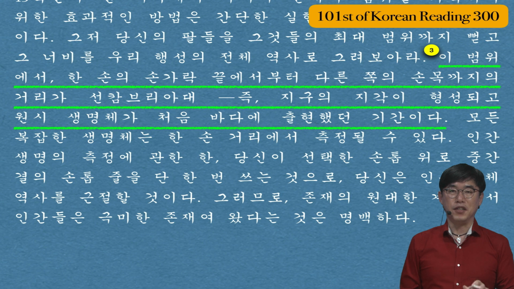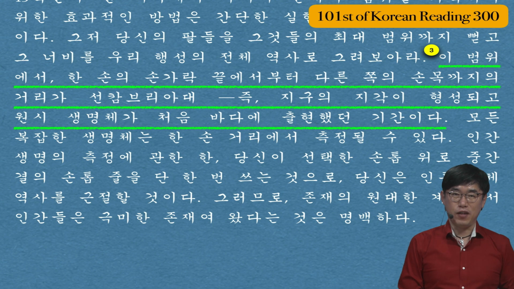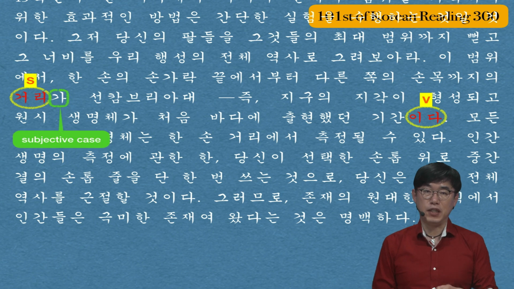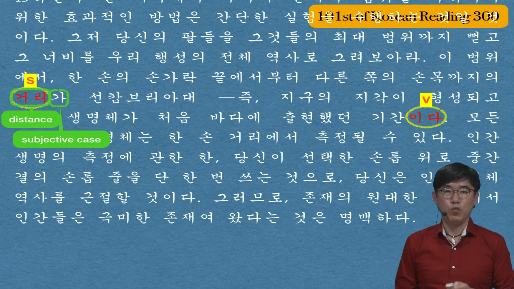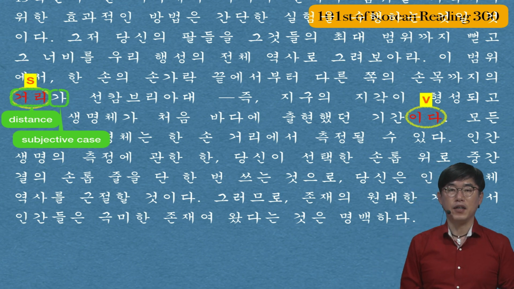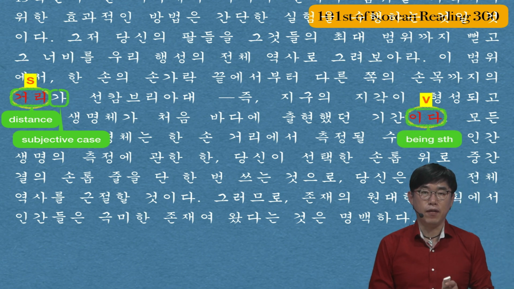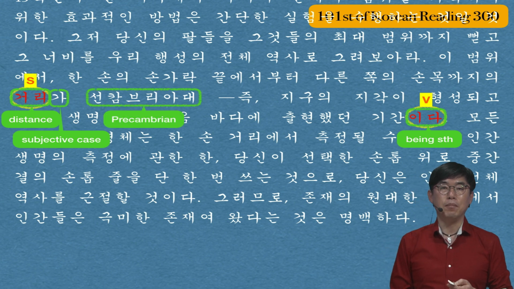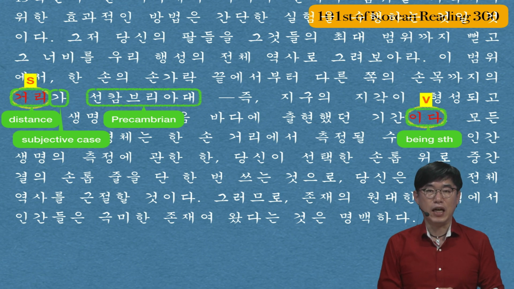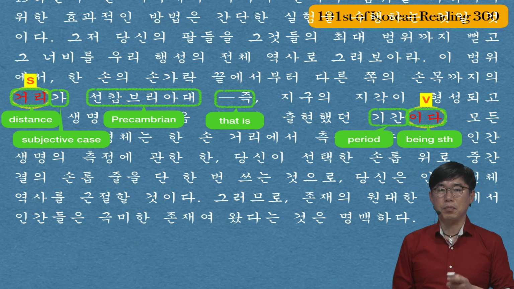This is the longest sentence, but if you pay a little attention and listen to me, it will not be so hard, okay? All right, the subject and the verb of this sentence are 거리 and 이다. As you can see, the subjective case 가, the noun 거리, which means distance, is the subject. And all the words in front of it are the modifiers, as I said at the previous sentence, right? And 이다 is a predicate of being something. And 선 캄브리아대 is Precambrian, and this is the complement of the verb 이다. And the letter 즉 is the same as that is. And 기간 is a period.